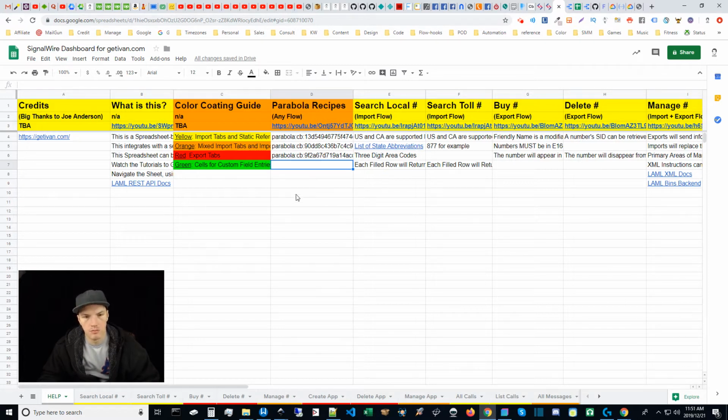The Parabola flows and how to import them into your SignalWire dashboard for Google Sheets. More specifically, how to import the flows into your own Parabola account, but to connect those flows with your Google Sheet is more accurate. So under the Help tab of the Google Sheet template, you will see a Parabola Recipes